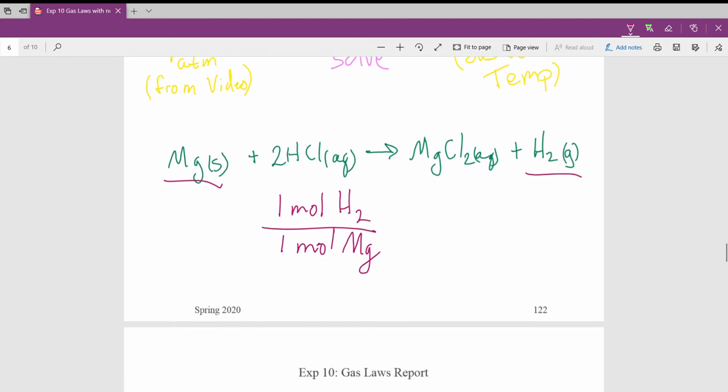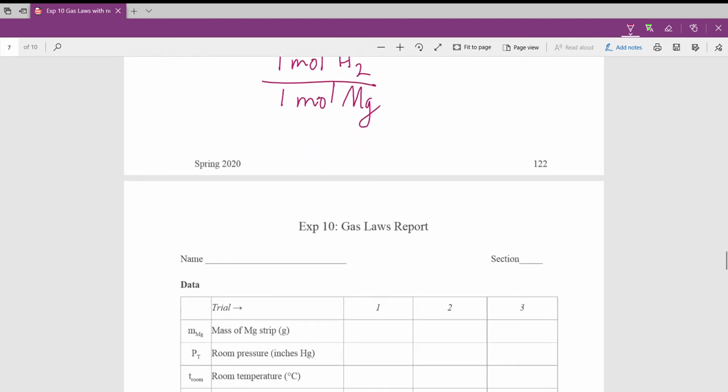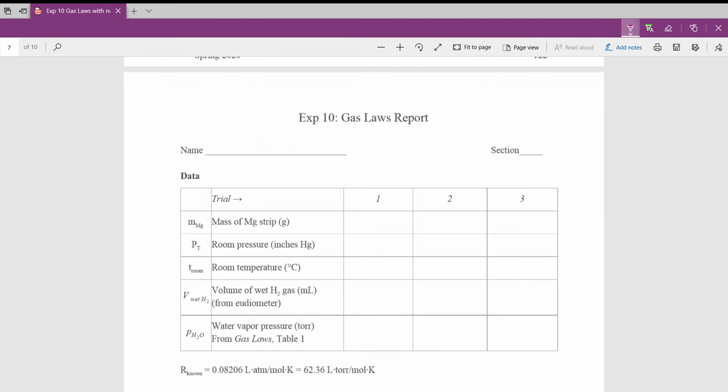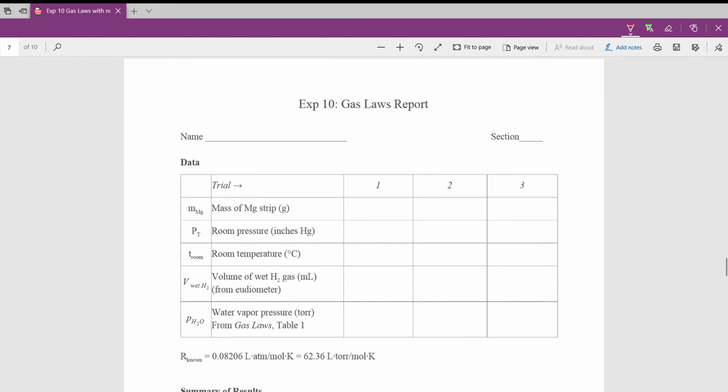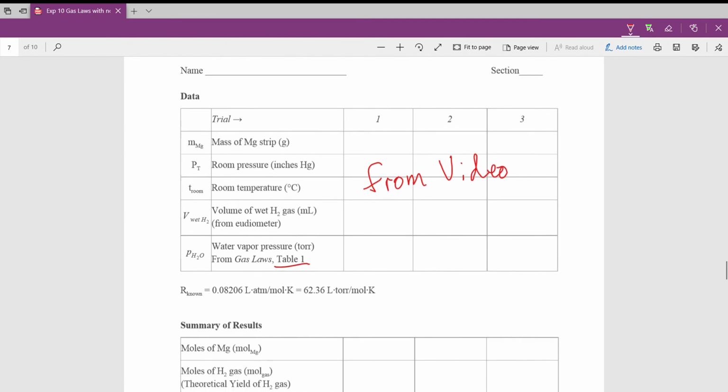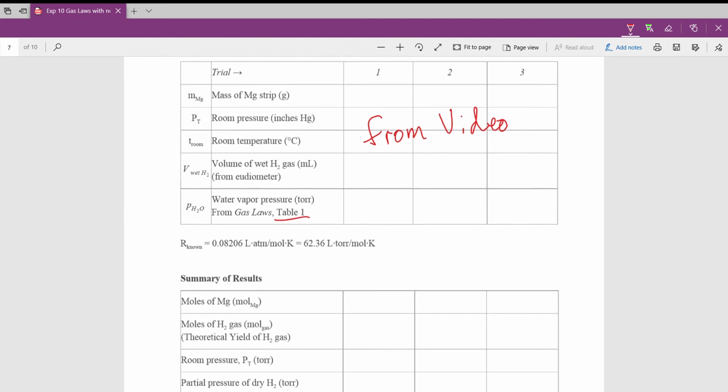Let me walk you through this report sheet here, and I'm going to annotate it as we go. There's that information from table 1, but all the rest of this stuff you're going to get from the video. That was made by one of the other lab 107 instructors, and she did a really good job. So anyway,